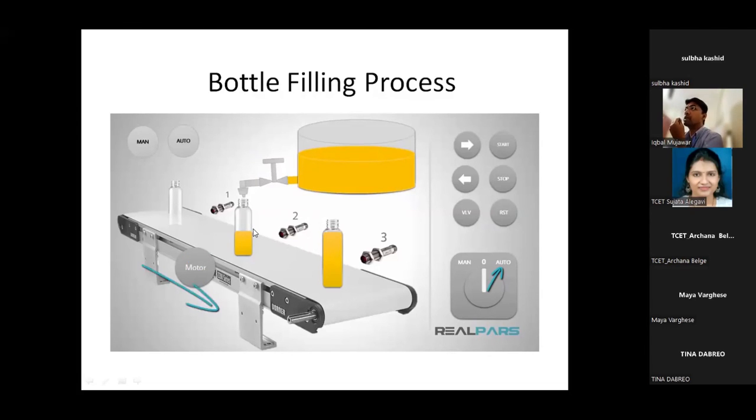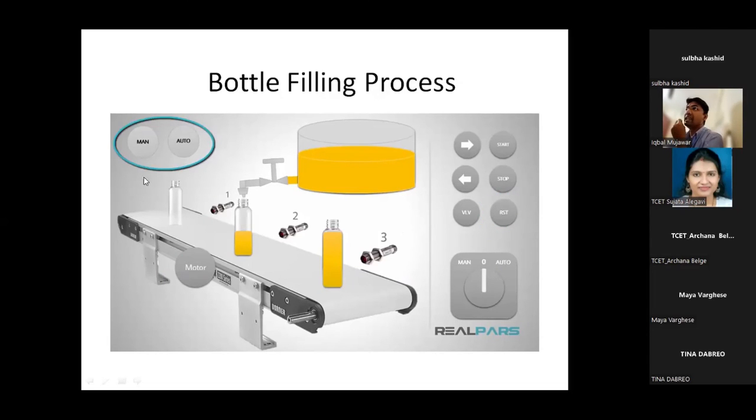And again, the motor will start moving in forward direction. When I press stop, the entire process will be stopped. The motor will be stopped. Sensor 1 I use to count how many empty bottles enter this conveyor belt. Sensor 3 counts how many filled bottles pass from this conveyor belt. The reset button is there to reset the counts stored for 1 and 3.